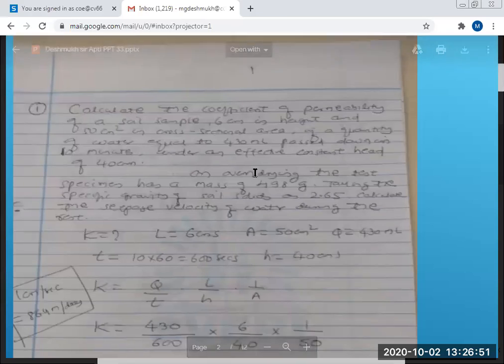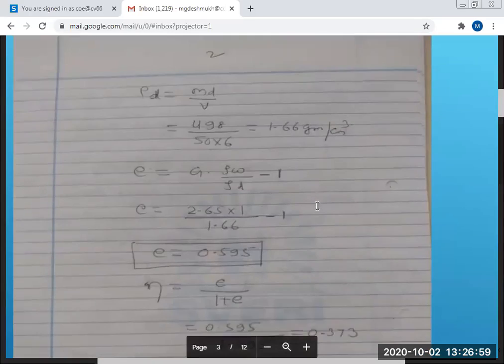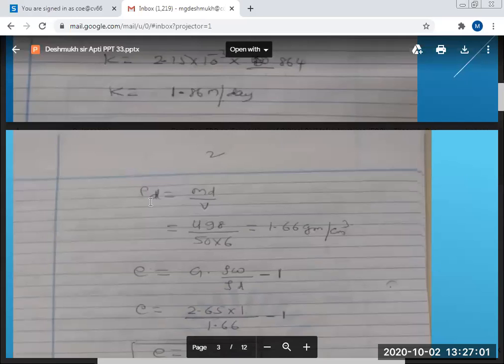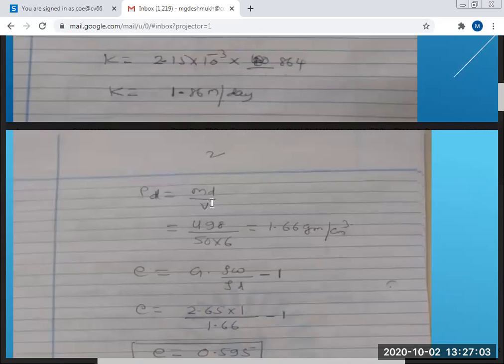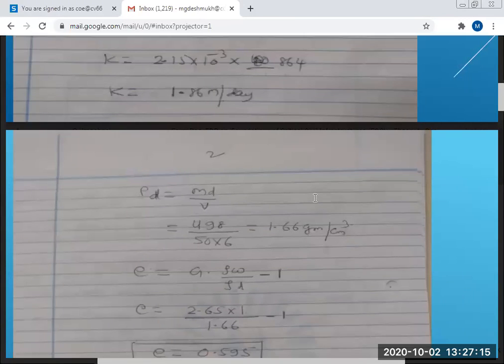Seepage velocity is equal to discharge velocity by n. रो डी निकालो, ड्राई डेंसिटी इज इक्वल टू मास ऑफ ड्राई बाय वॉल्यूम, मास 498 है, वॉल्यूम एरिया इनटू हाइट 50 इनटू 6, तो 1.66 ग्राम पर सेंटीमीटर क्यूब।